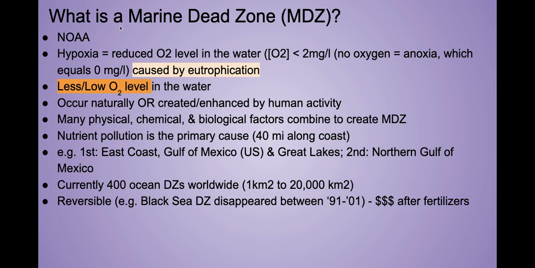And every time that I have less oxygen in the water, that's going to be referred to as hypoxia. Hypoxia is when I have very, very low oxygen levels. And when I have no oxygen at all in that location, it is called anoxia. So anoxia means I have 0 milligrams of oxygen per liter of water. And then hypoxia is going to be when the concentration of oxygen is less than 200 milligrams per